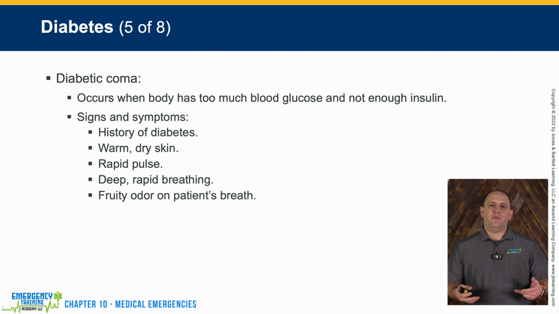We can also have diabetic comas, and diabetic comas occur when the body has too much glucose and not enough insulin to clear that glucose. So we're going to use a good history, along with our signs and symptoms, to see if they have a history of diabetes. These are going to be our hyperglycemia patients, so they're going to have too much